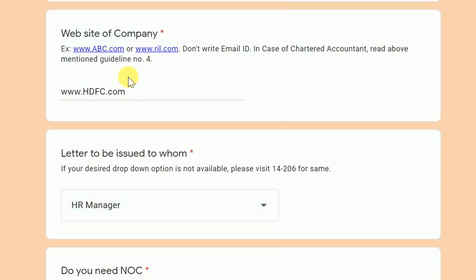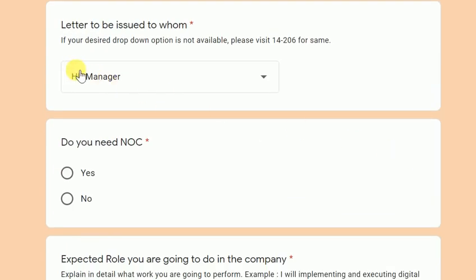But till then, understand, when you drop a mail, write down your registration number, name, the program you are doing, and clearly specify what the issue is and what solution you require. So if the drop down option is not available, I have told you how to mail it. If the drop down option is available, you select that.